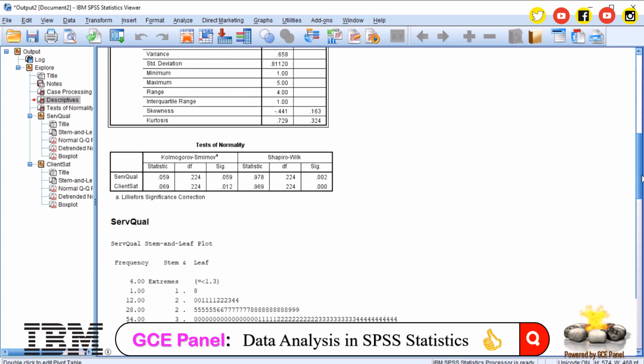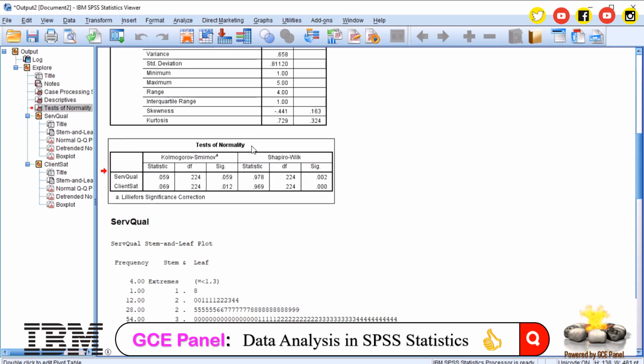Okay? The first table gives us the question mark. That's not our interest. Our interest is this one here, where we have test of normality. This is our interest. We just need to copy this table and paste. Like I said before, it's not going to copy tables and paste, but this one is a special case because you just need the data exactly as it is. So I'm just going to copy this table, and then I'm going to paste in my work, and then I'll continue. Here we can see that for service quality, the value of the significance is 0.002, which is far less